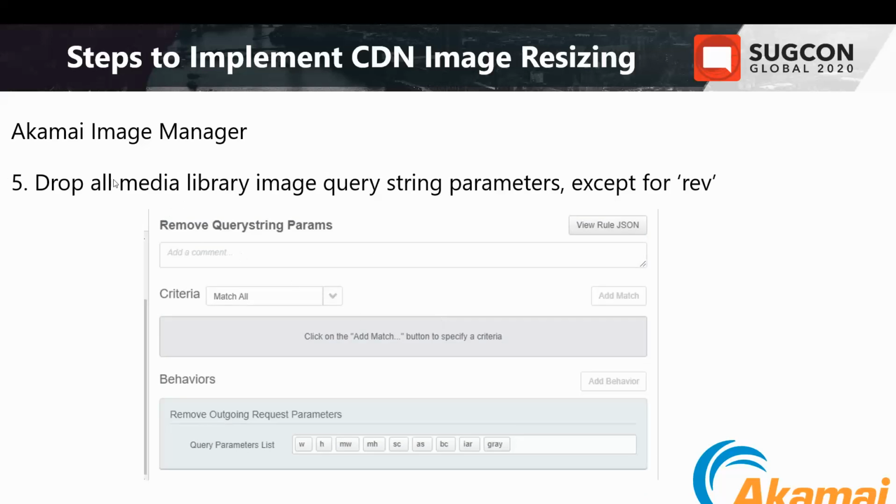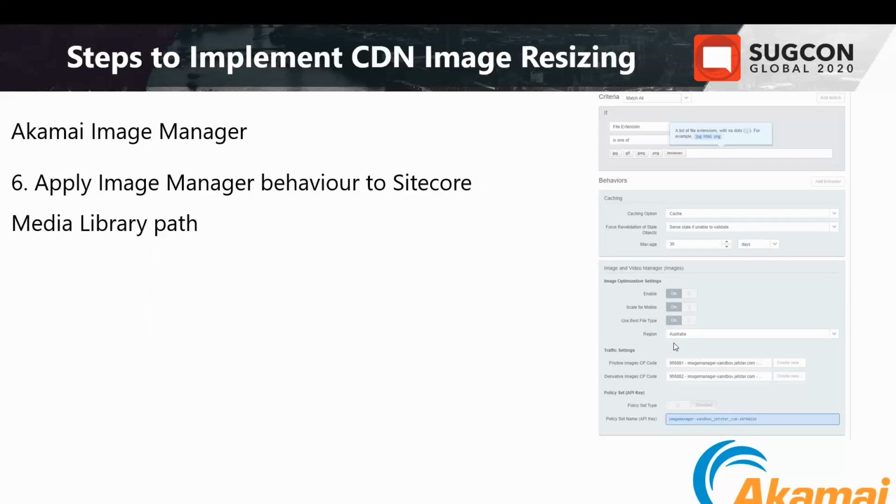And then in here, we are dropping all the media library image creation parameters except for the revision ID. So this should all be really familiar to all of us, all the different media library creation parameters that Sitecore provides, so that we only get the pristine image, the unaltered full-size high-res image back from Sitecore into Akamai Image Manager. So we're dropping all of that. And then finally, we apply the image manager behavior to Sitecore